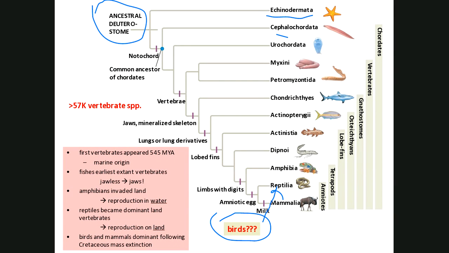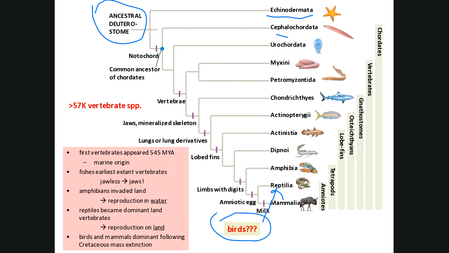A notochord is a spinal column, not a spinal cord, so it would be the vertebral part of our backbone. Then there are true vertebrae. A notochord is a stiffened rod. It's not made of bone, but now we have a stiffened rod made of bone. Jaws, as I talked about, and the mineralization of the skeleton, either through cartilage, if you're a shark, or through bone, if you're the rest of us, made the skeleton stronger.